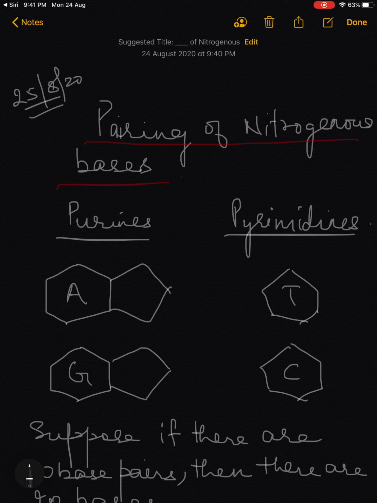And today, in the chapter Molecular Basis of Inheritance, a small video first about Chargaff's rule and the pairing of purines and pyrimidines, because sometimes there are a few very easy numericals, but still students make a lot of mistakes in such kinds of questions. So a few Chargaff rules will be explained so that you can easily solve these numericals. Okay children, so let's begin.